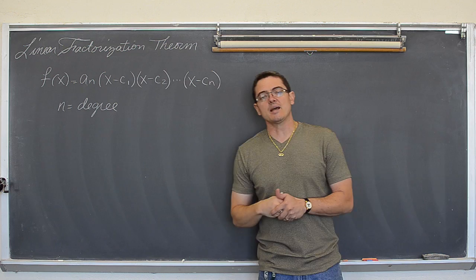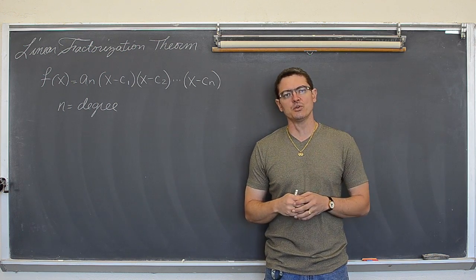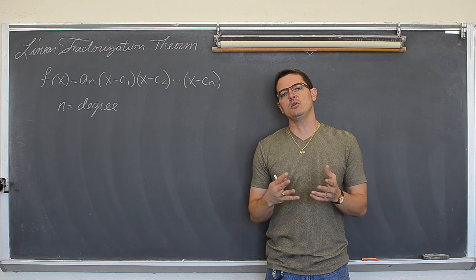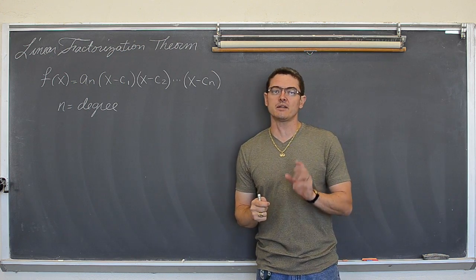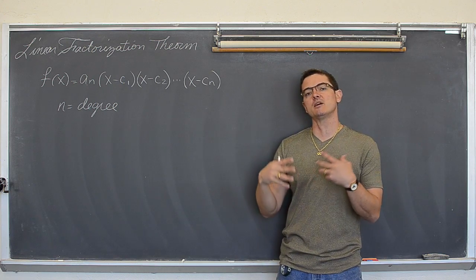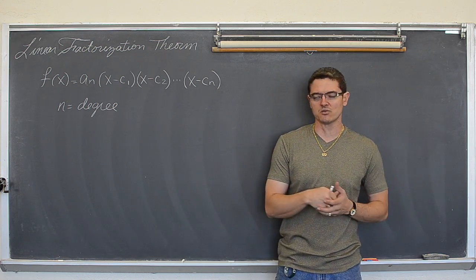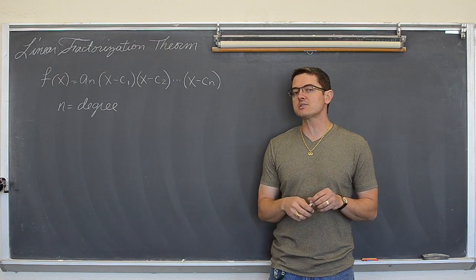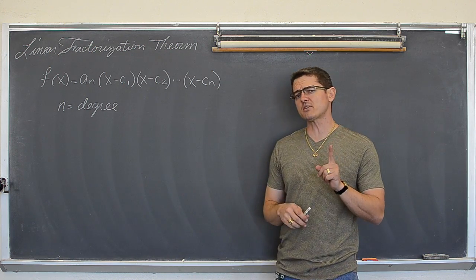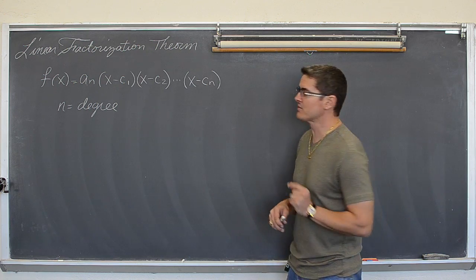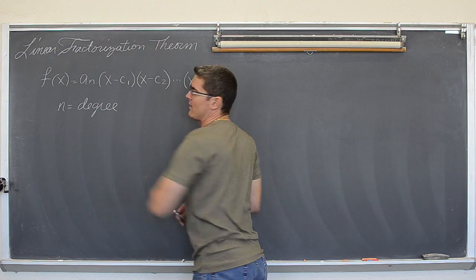We're going to go through a few examples, two of them actually. The problems will give you a set of solutions, not necessarily x-intercepts, which would just be real solutions, but a set of solutions, including all the real solutions and all the imaginary solutions. And from those, they ask you to come up with the original polynomial. They'll also tell you what point the graph goes through. And the point that the graph goes through is what's going to allow us to figure out what a sub